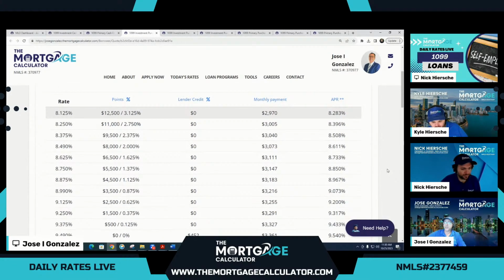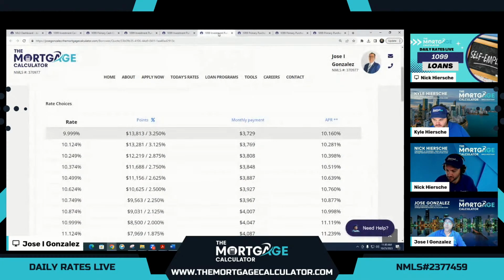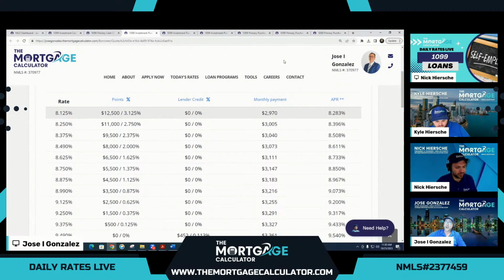And you do see that the rates again do drop considerably, with 9.49% actually having a little bit of a lender credit. And here you really see a nice precipitous drop to the options here with 8.125% being your lowest rate option. And that's pretty remarkable when we go over here from 9.99 to 8.125 simply for dropping it 5% on the LTV.